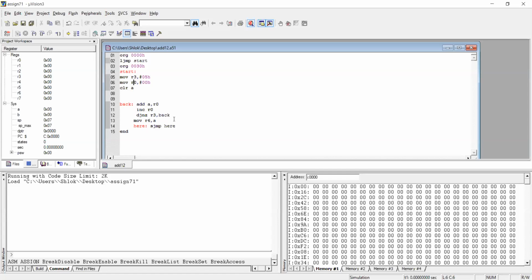So how will you explain it yourself, or how will you face your oral? For that purpose you should know which other arithmetic instructions are present, what they are used for, and how to write them or use them in our 8051. Your program is only with addition. Don't stop yourself with addition. Try multiplication, try division, and try subtraction also.